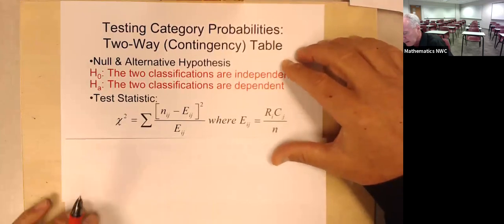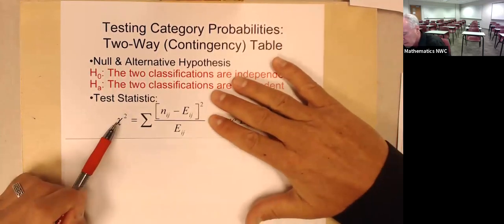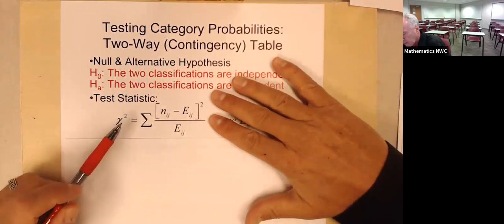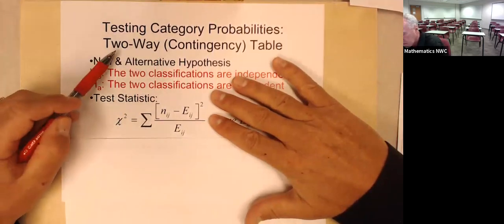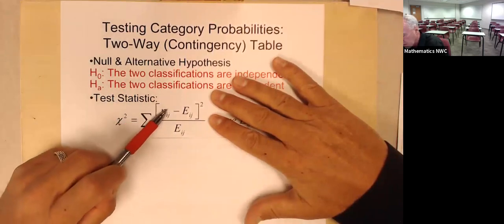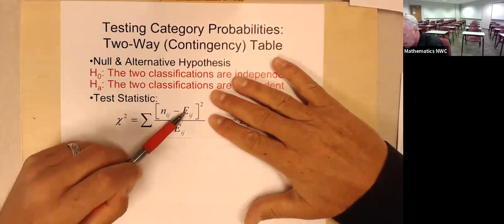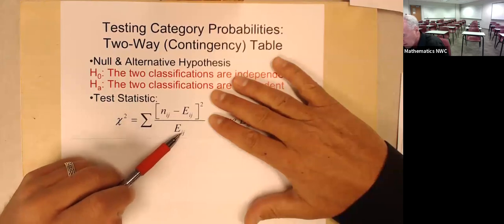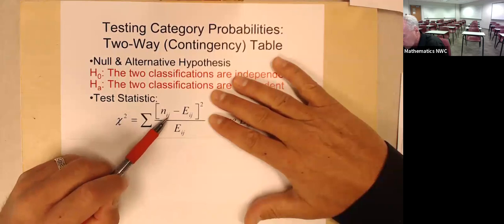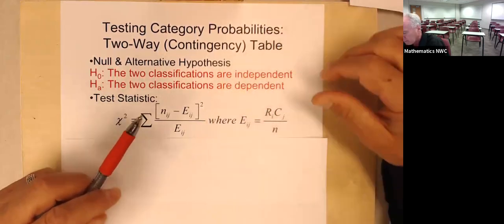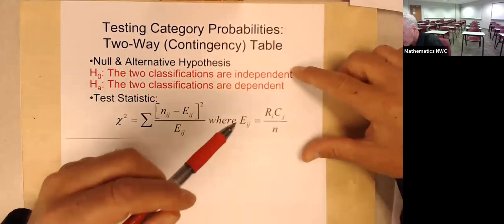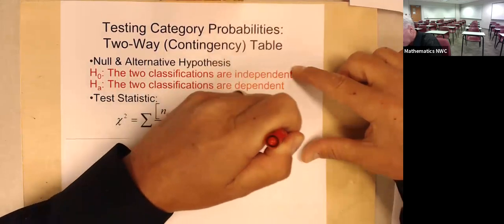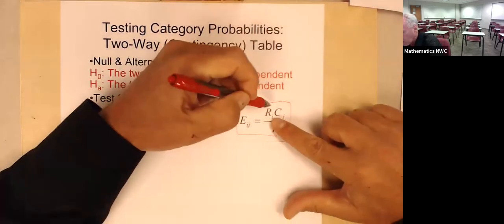Here's the part you will like. Chi-squared is the same statistic. We're comparing categorical data, two-way. This is the observed count. These are the expected counts. It's the exact same formula that we had in section 12.1. It's just that we have a subscript that refers to two different columns and rows because I have a two-way table. My expected count, copy that down, my expected count is the row total